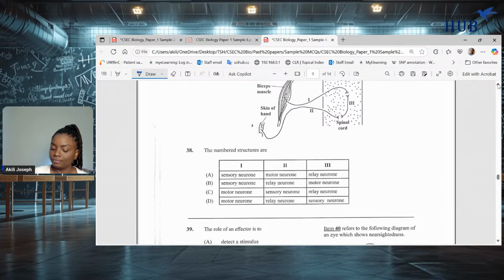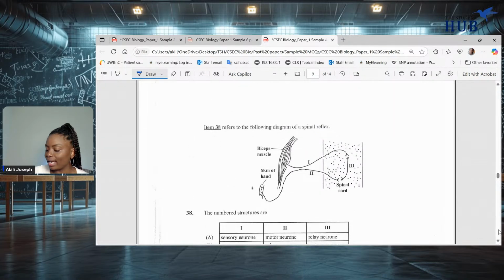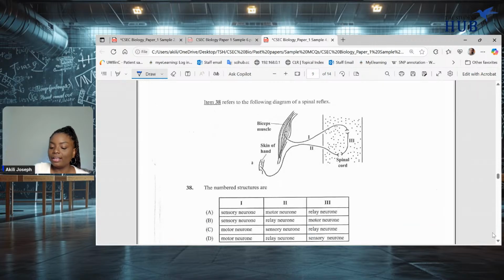Item 38 refers to the following diagram of a spinal reflex. The numbered structures are for 1, 2, and 3. So you see why it's important to know all the different factors. Deja, was it? So we have your receptor. We're going to have the receptor in the skin of the hand. We're going to need a sensory neuron,